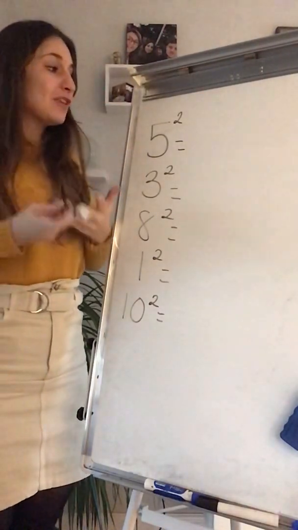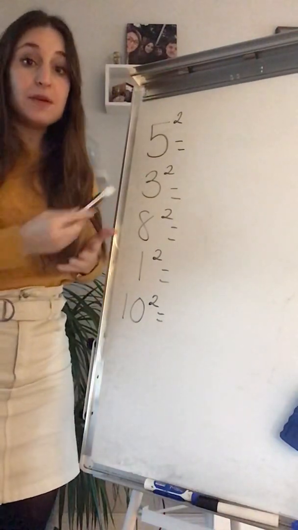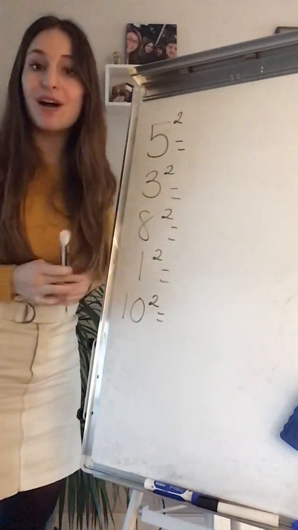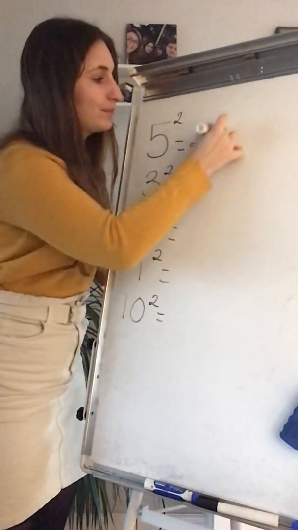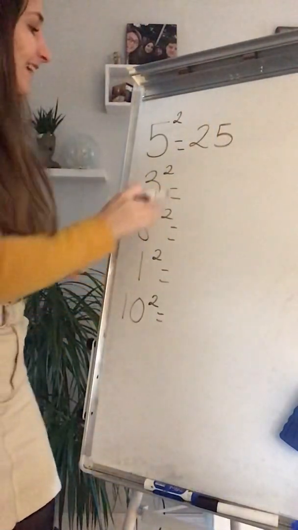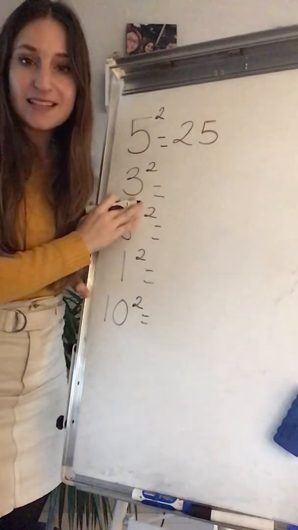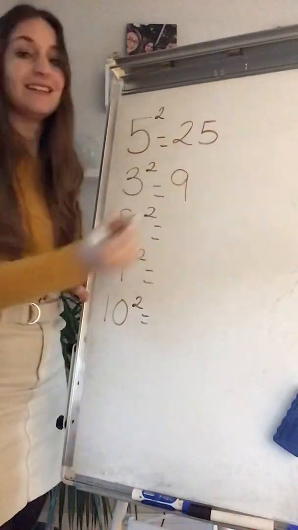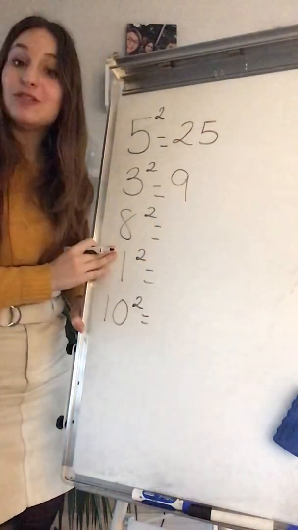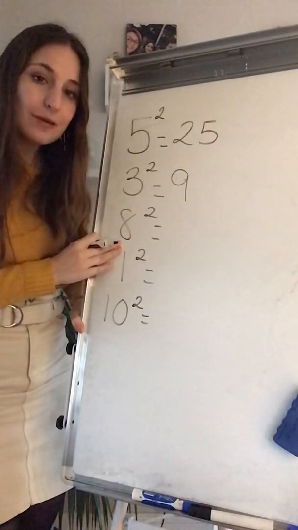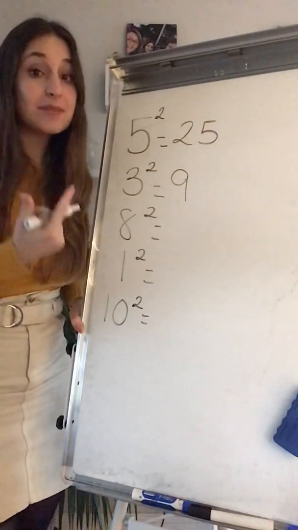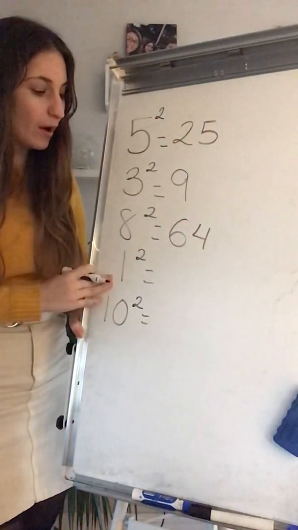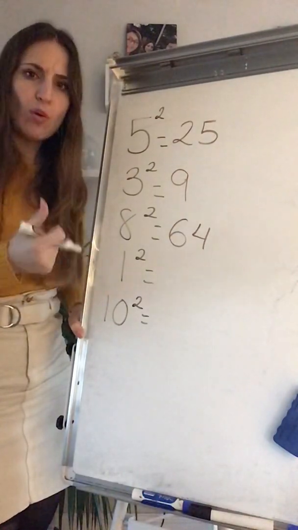So we saw that to work out square numbers, we had to times that number by itself as many times as it tells us. It tells me twice, so 5 times 5 is, that's right, 25. I have 3. I need to times 3 by itself. How many times? Twice. 3 times 3 is 9. 8. I need to times 8 by 8. How many times? Twice. 8 times 8 is 64. 1. I need to times 1 twice. 1 times 1 is